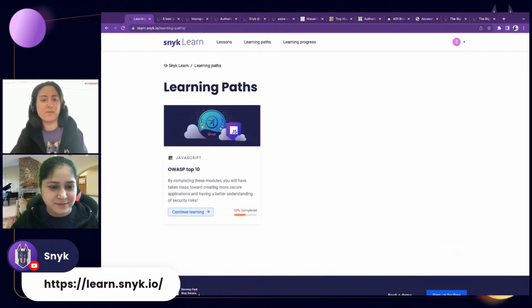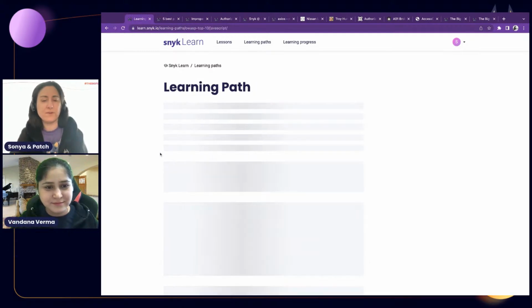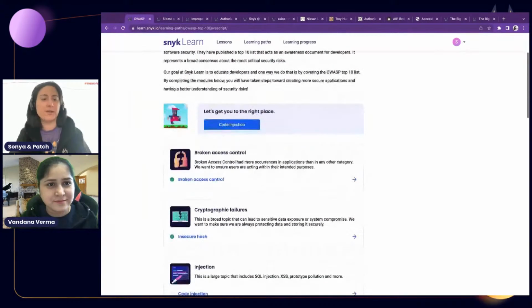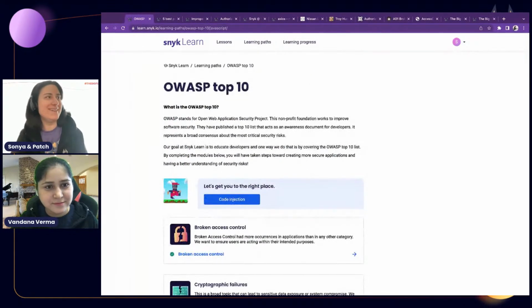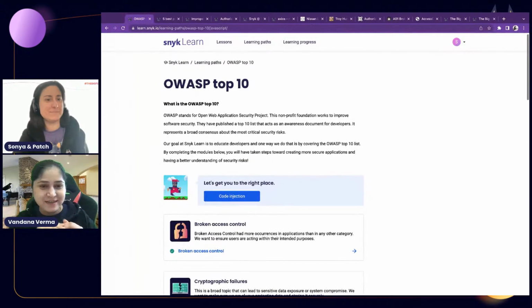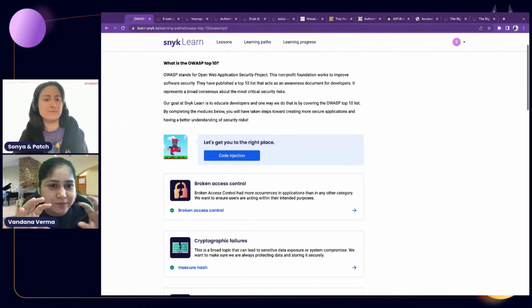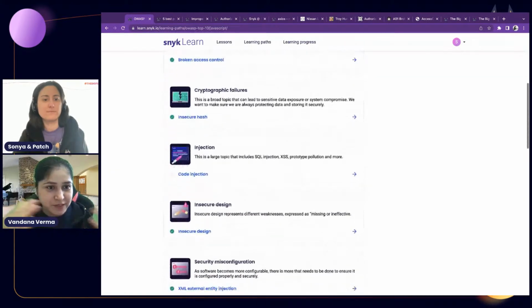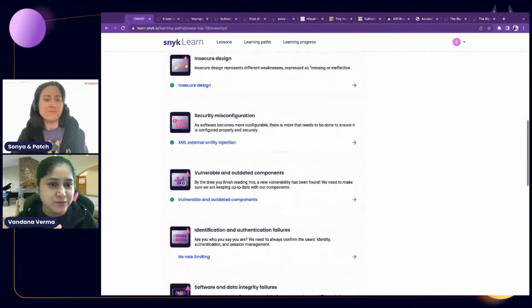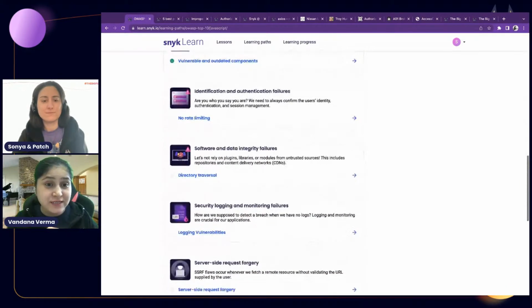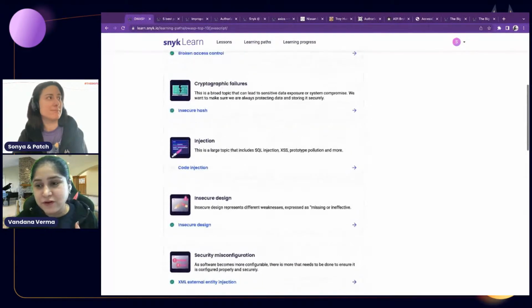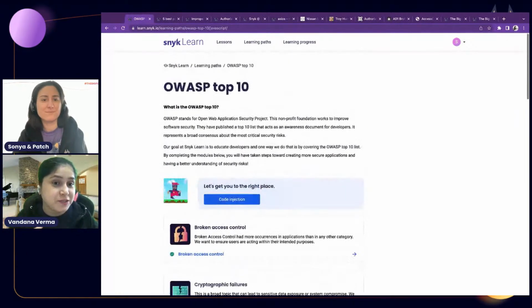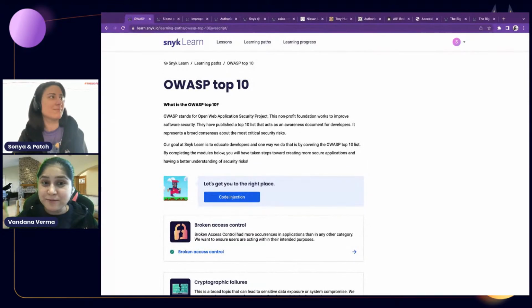So we do have the learning path around the OWASP Top 10. If you click on it, you'll have a curriculum of 10 lessons, which covers the OWASP Top 10. Isn't it cool, Vandana? Absolutely. I totally love it. Especially this OWASP Top 10 list, it's the latest one, which OWASP released in 2021. So learning about all of these, and it's an interactive one. How cool would that be for anyone, for me, for a security person, for a developer, anyone who wants to know about these bugs.